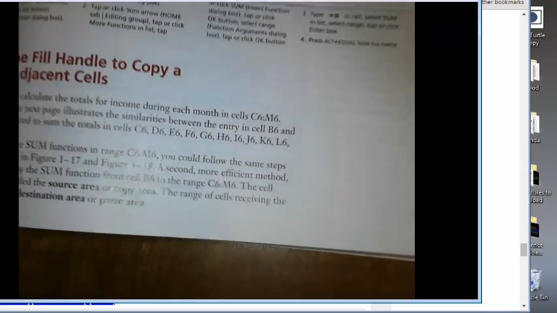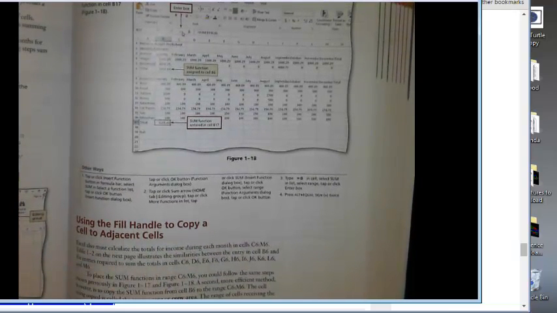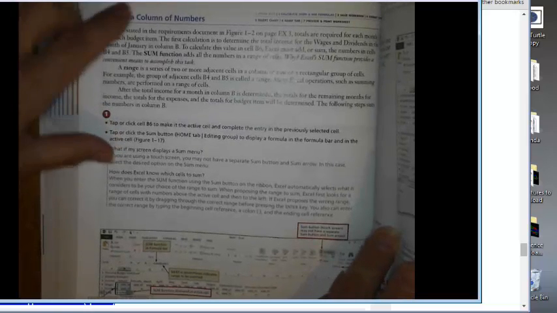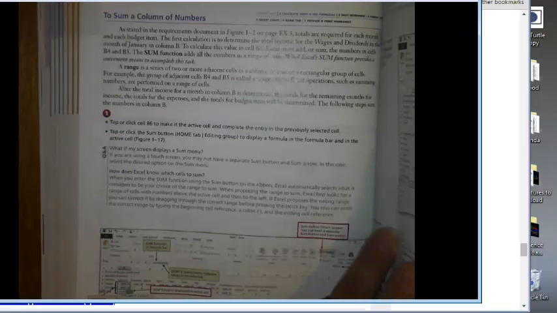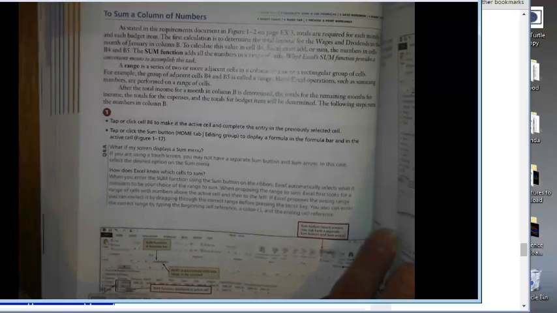Fill handle. Let's see if we can go back up here a little bit more so you can see more of the page. Okay, that's obviously turned crooked. There, now we've got a little bit more of the page. Here's where it starts talking about that fill handle. A fill handle is going to be that plus sign I showed you a second ago. Then there's the sum on a column of numbers. That is going to be really important to do, because one of the things I can do is look in here using a special kind of